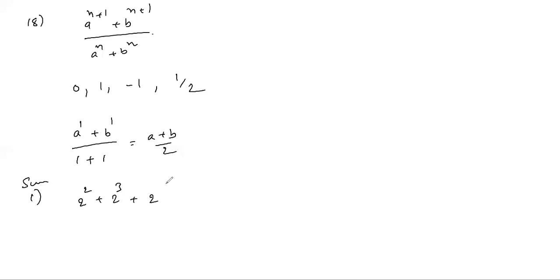What have they given? Up to 400. Actually, they have to give one more term, otherwise we will get confused. So can we just use AP and solve it? 4, 8, 16, I think 400. So you can take 4 common and then use the formula. They have to give at least one more term, otherwise we will get confused like this only.